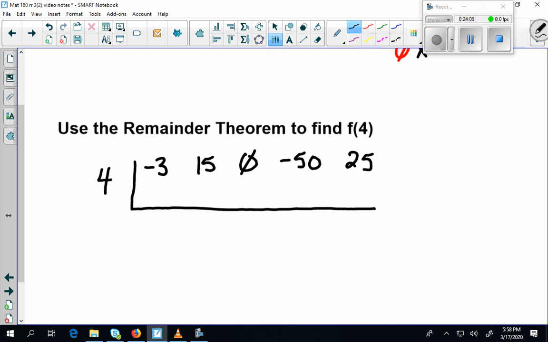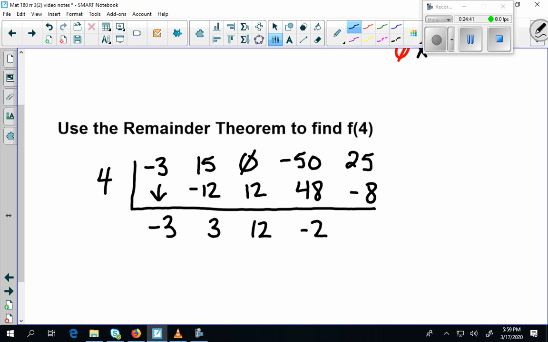All right. So the first number comes straight down, -3. Then I multiply, -12. Then I add, +3. Then I multiply, 12, add, I get 12. Here I get +48, so -2. 4 times -2 is -8. When I do that last addition, I get 25 plus -8, that gives me 17. 17 is my remainder, so that tells me